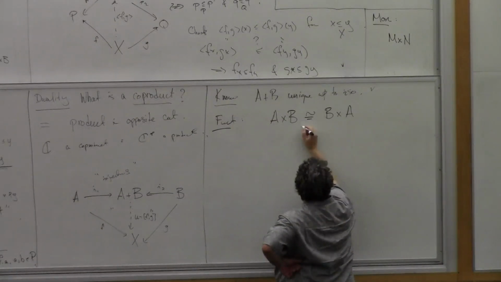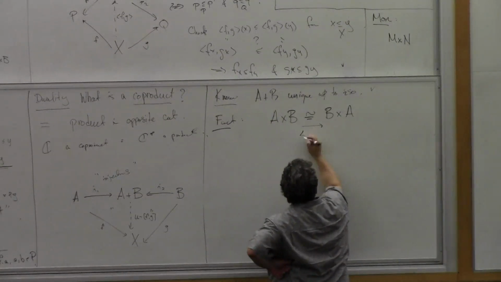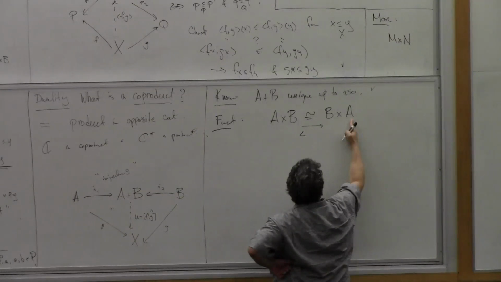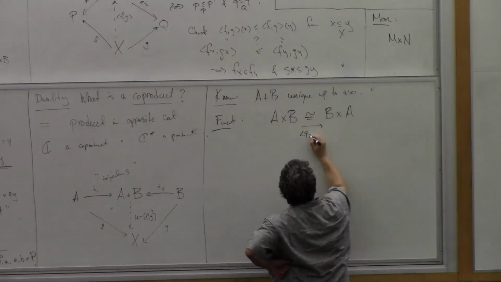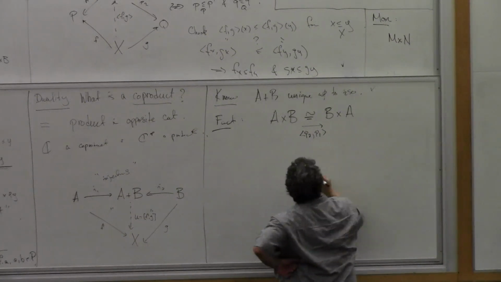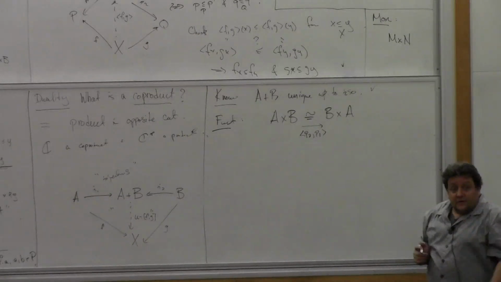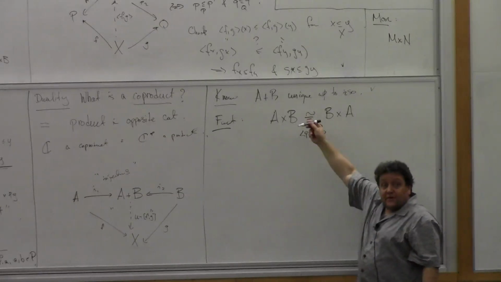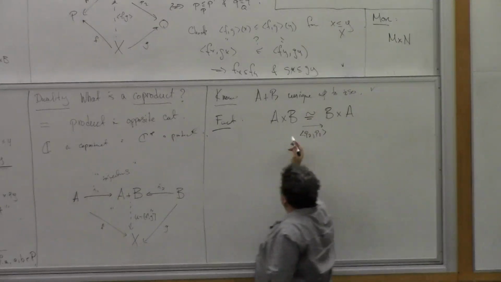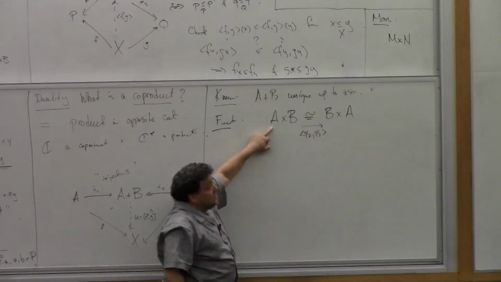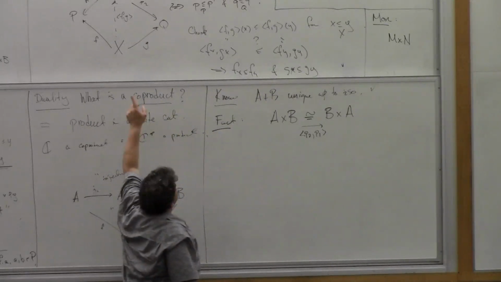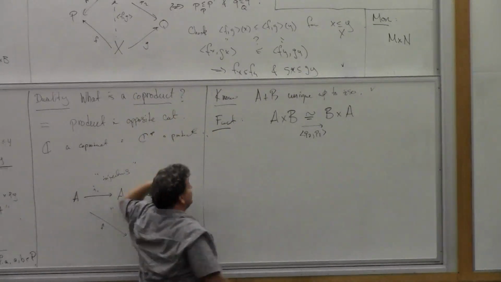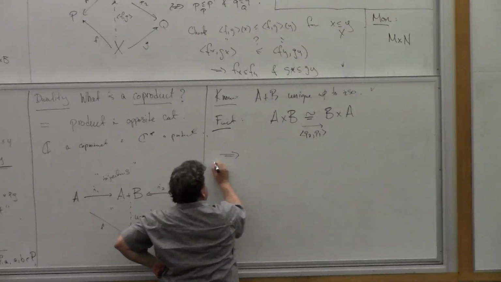What's the canonical map going from here to here? Well, any map into here is going to be written as a pair. It's the pair P2, P1. It's a kind of twist there, right? Just twist the order, and that gives me a map here. And going back, you can do the same thing. So you can check that that's an isomorphism. It's a simple diagram chase. It shows that this thing is an isomorphism. And then it follows by duality